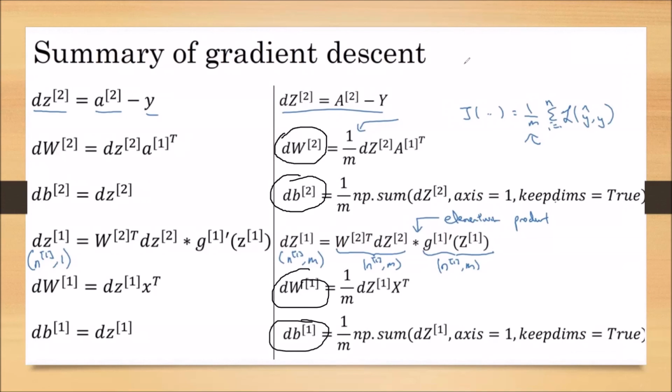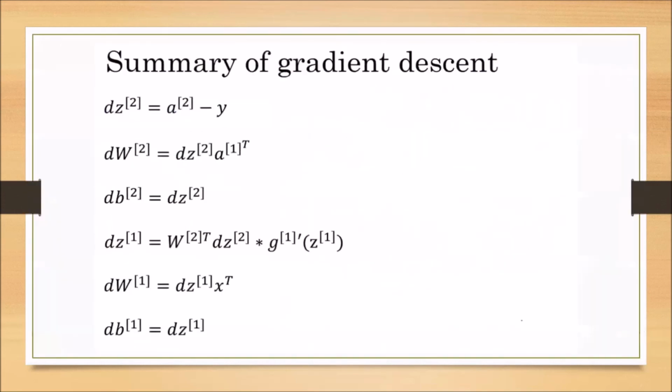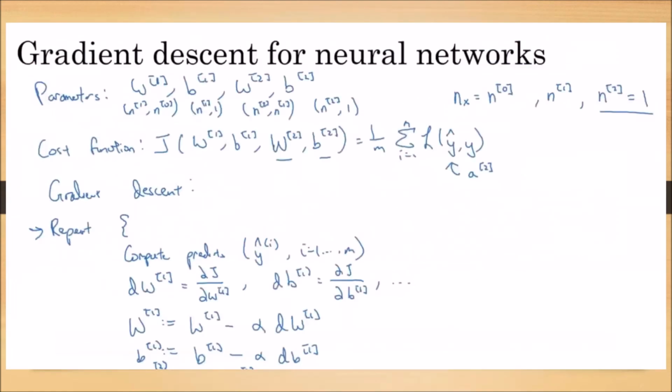So W1 is equal to, we have already written the gradient descent. You can observe, we are going to that gradient descent step again. This is the step we are doing. W1 is equal to W1 minus alpha dW1. That's why we have calculated the dW1. B1 is equal to B1 minus alpha dB1. That's why we have calculated the dB1. Again, for the second layer, W2 is equal to W2 minus alpha dW2. B2 is equal to B2 minus alpha dB2.